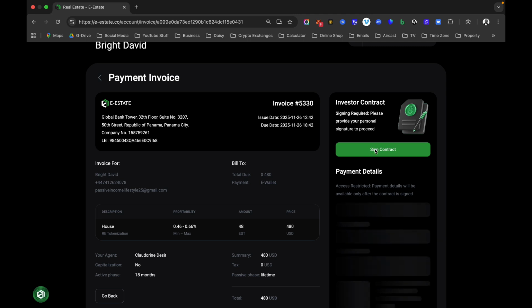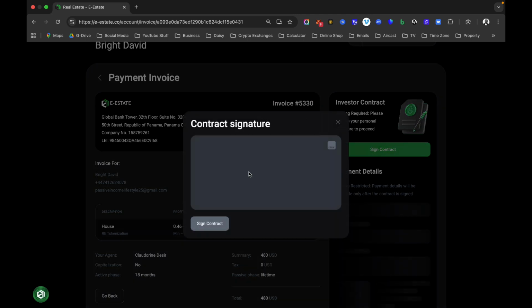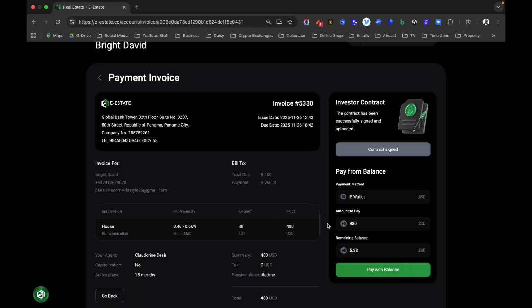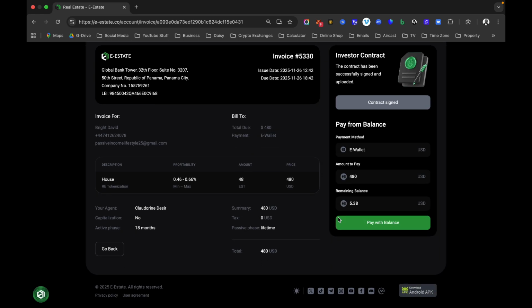Okay, so I'm going to click sign contract, and then here on this part, you're supposed to sign your name or your signature. So I am just going to sign my name, just write my name there. Okay, I'm using my keypad to do this actually, right? So this might not be 100% correct, but that is fine. That's my name. So I'm going to click sign contract, and then it's going to ask me to pay with